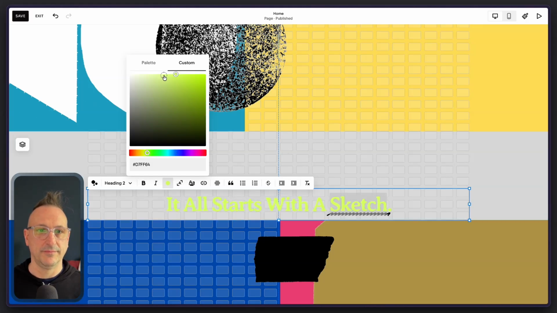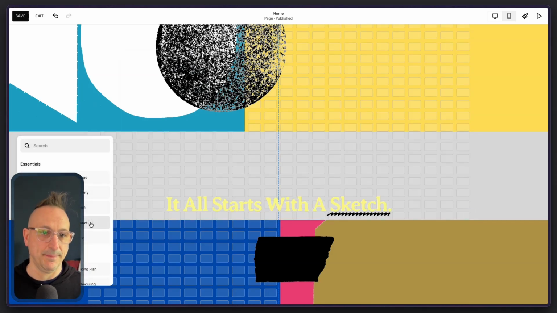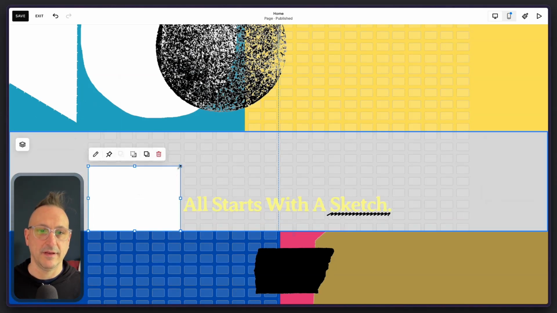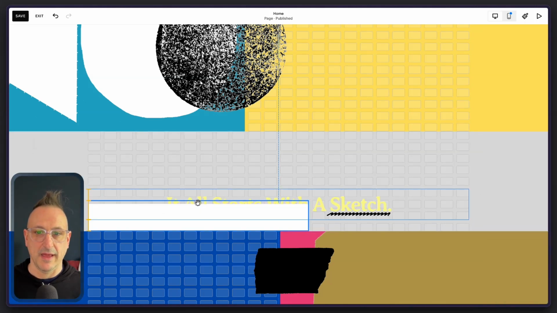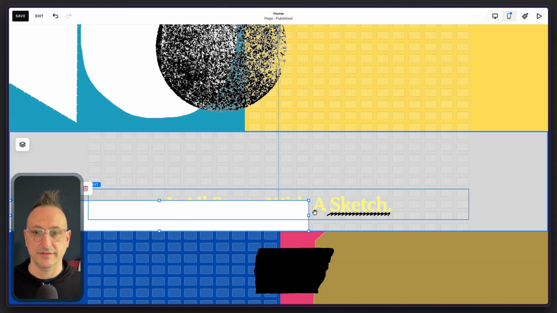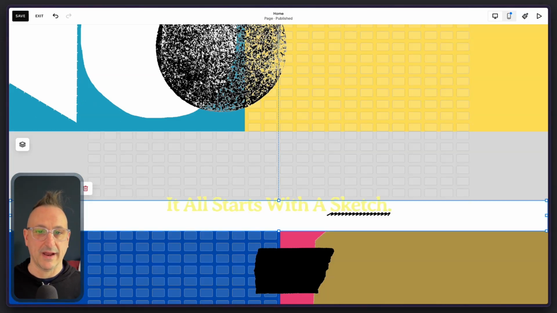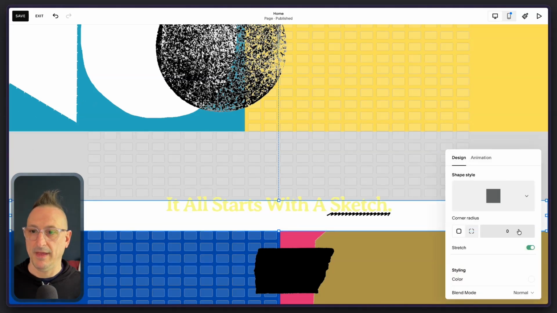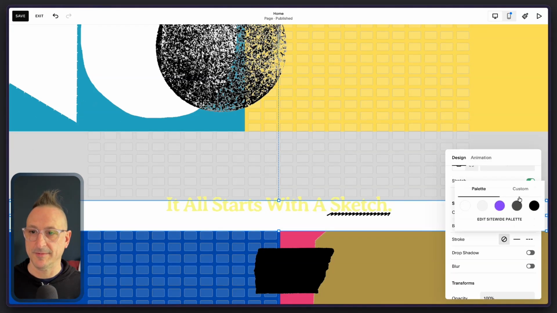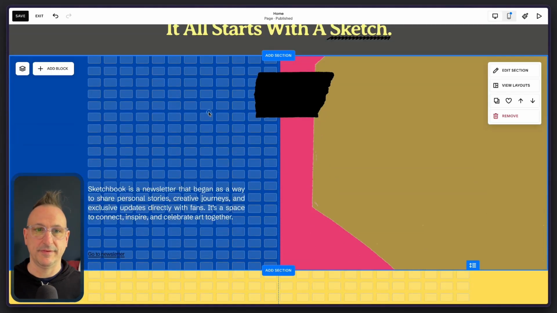I want to go with bright yellow green, because I want to show you something here. If I add a block that is a shape and it is touching or abutting the bottom of that section, and I move it to the edges, this can take a couple of drags because Squarespace is cautious not to go all the way to the edge. I move it to the back and make this blue by clicking the pencil and the shape color in the styling. Make this gray, and I'm going to make this section color